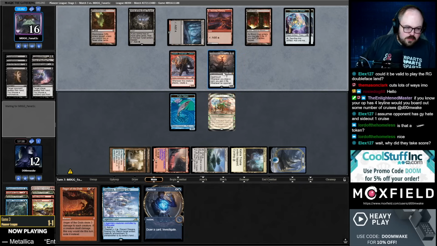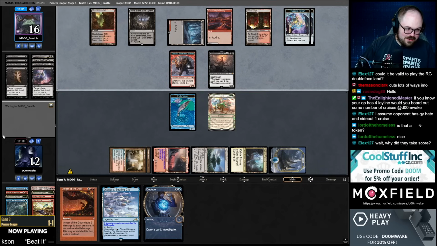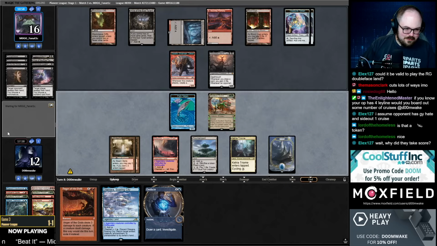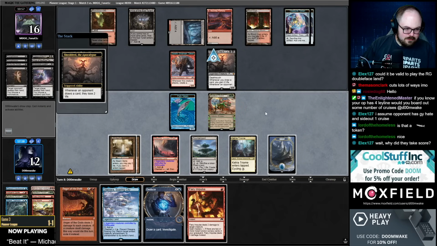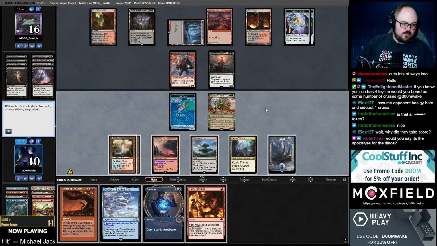I'm kind of surprised they took Big Score. I wasn't going to cast it. Or at least I wasn't thinking about casting it. Oh. The thing that I said would happen happened. Okay, so 3, 4. 1, 2, 3, 4, 5, 6, 7. If I play the Otawara, I can also